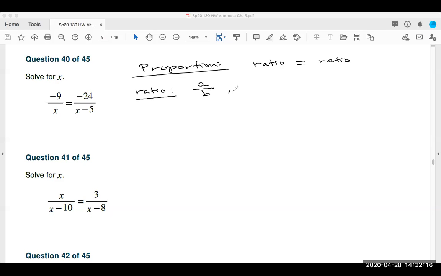A divided by B, A to B, or just A to B. All those are different types of ratios. So quick example,